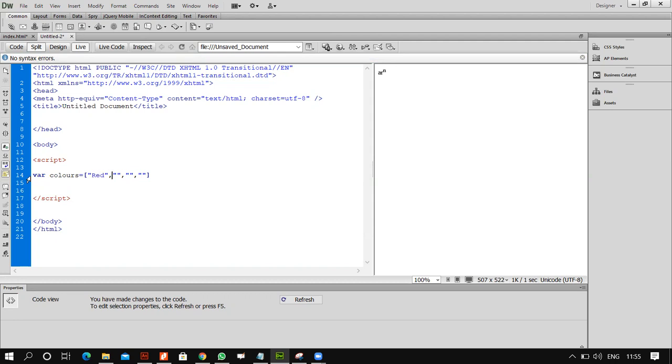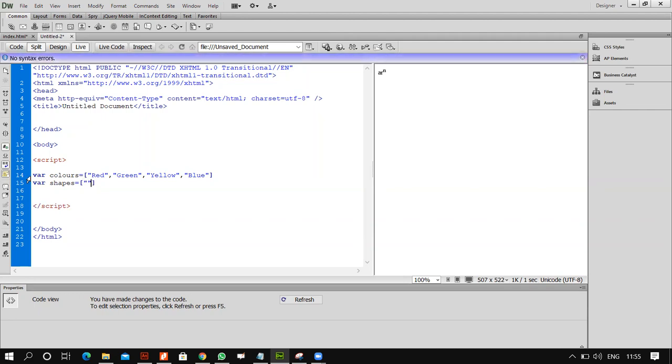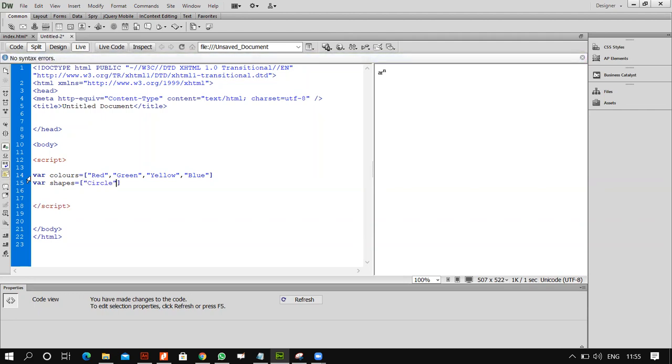You can have red, yellow, we can make it umbrella, blue, and then we can have over here a variable shapes, circle,